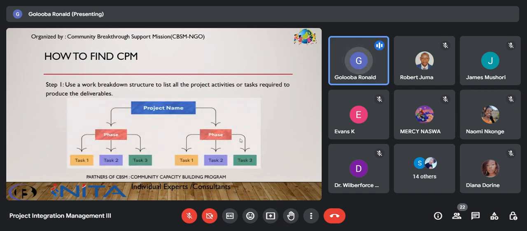So how do we find a critical path? There are steps, and the first step is using a work breakdown structure to list all the project activities or tasks required to produce the deliverables. Remember, we said the work breakdown structure is disaggregating project activities up to the individual level, and we handled this